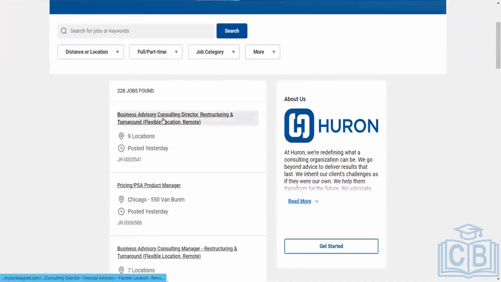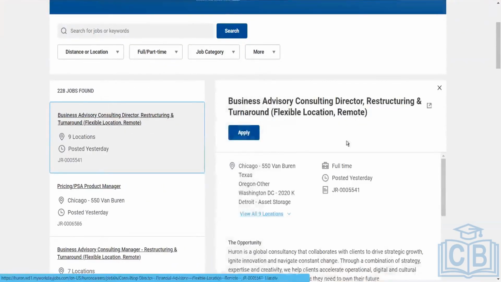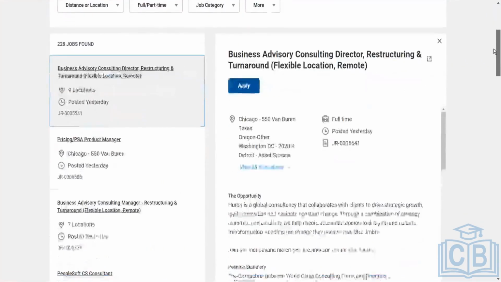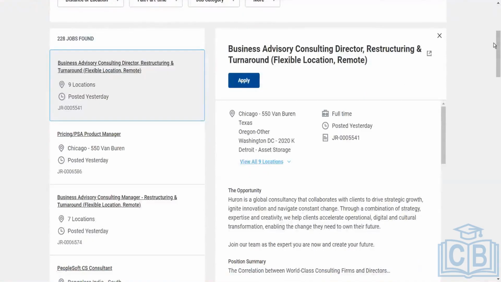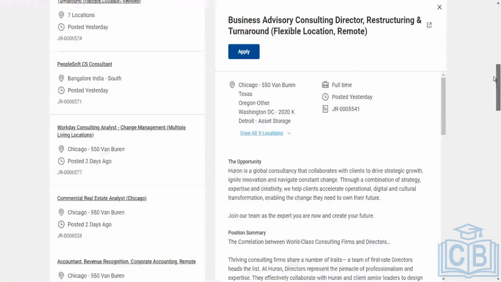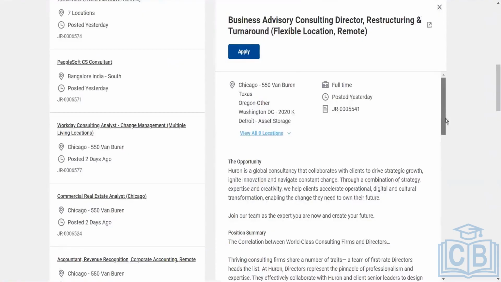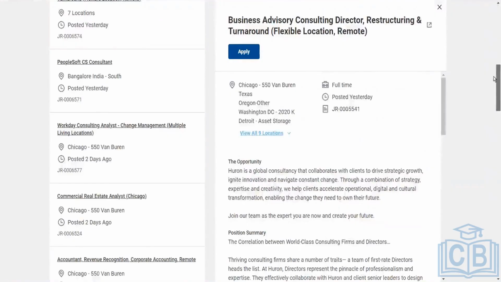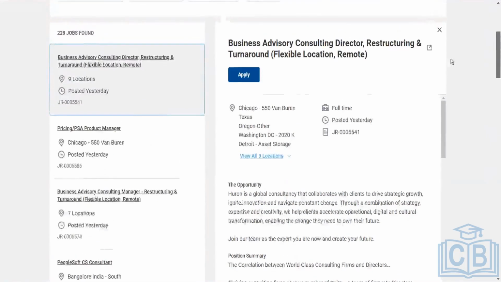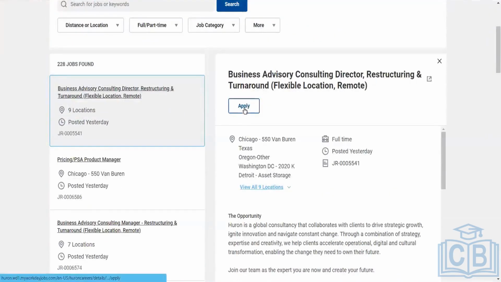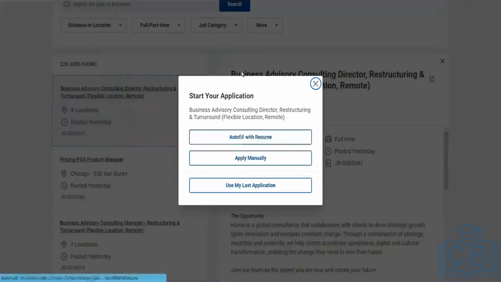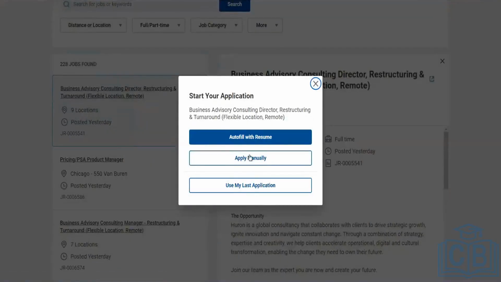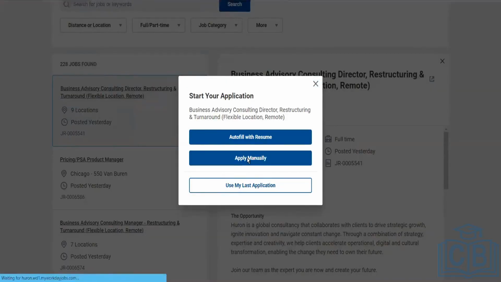And if I click on any job requisition, it will give me a brief about it first of all. This is the job posting template. This kind of configuration is coming from the job posting template. And we'll see where in the career site we have to attach this job posting template. If I click on apply, it gives me 3 options. We'll see how these 3 are coming. If I want to apply manually,